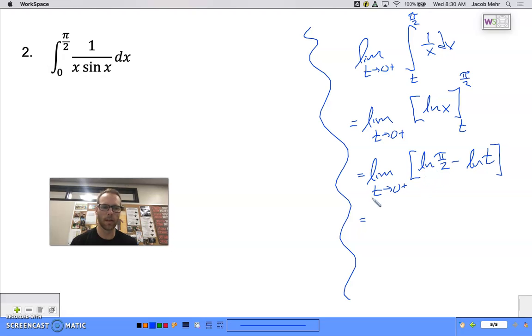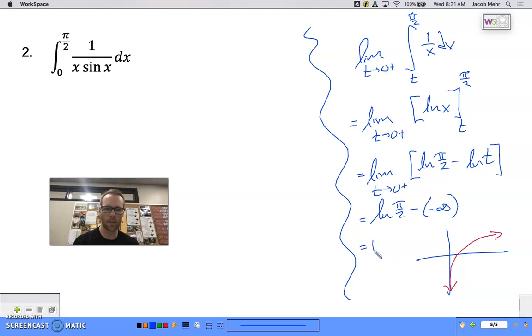Now, when we take our limit, the limit as t goes to 0 from the right of the natural log of pi over 2 is just the natural log of pi over 2. That's just a constant. Minus, now, what's this limit as we go to 0 from the right of the natural log of t? Well, what's the graph of the natural log look like? Well, we know the graph of the natural log function looks like this. And as we go to 0 from the right, it goes to negative infinity, right? So this does not exist. So this integral